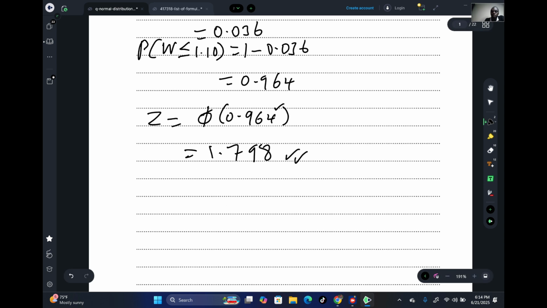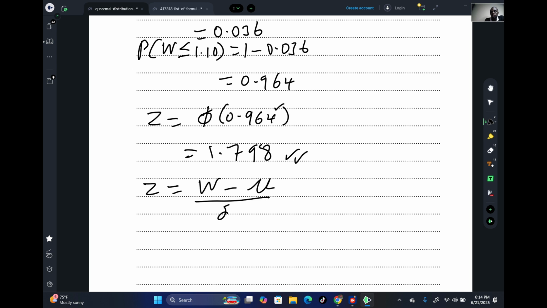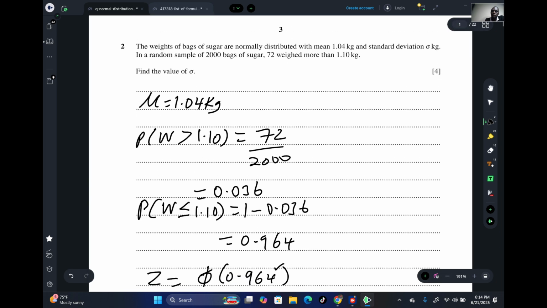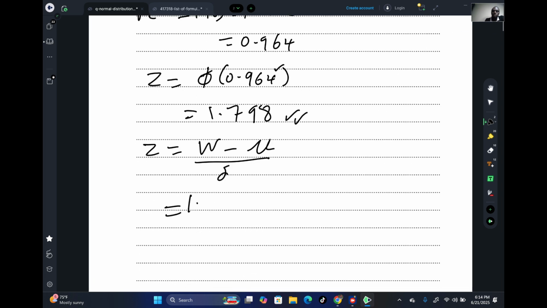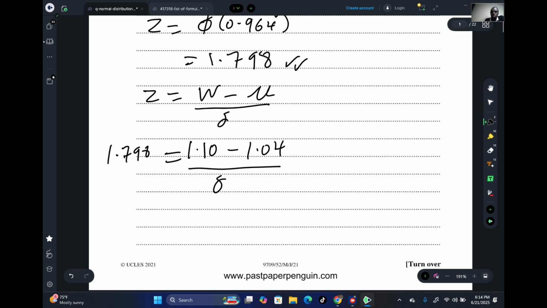And then we have the formula. z equals w minus mu divided by the standard deviation. Our w was already given, that was 1.10. So it was 1.10 minus 1.04, which is our mean, divided by our standard deviation, the value that you're looking for, equals 1.798. This one you're going to do very fast. We just have 1.1 minus 1.04, so it gives you 0.06 over the standard deviation equals